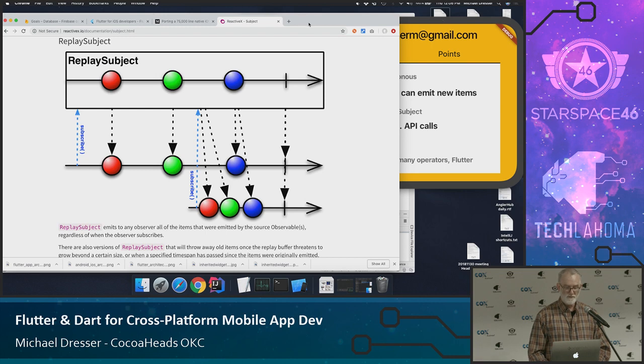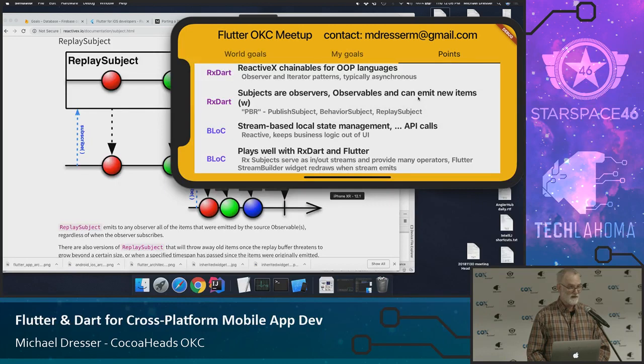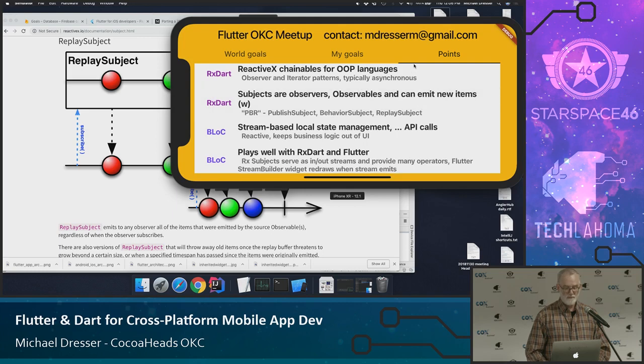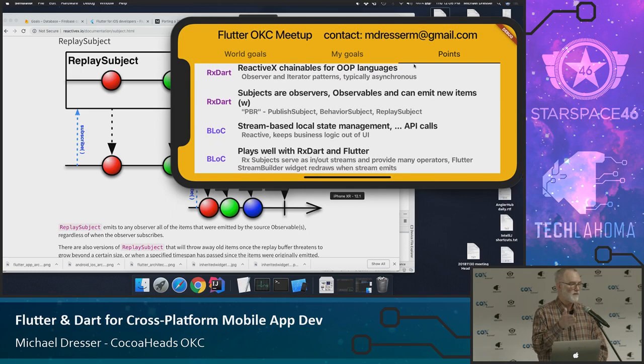So those are streams, and one thing that streams come with, especially from RxDart, is a large number of operators, things that you can do while you have the data in that stream, to map it or to change it in some way, or to check for whether it's even something that you want to emit downstream, or to merge two streams together, okay?